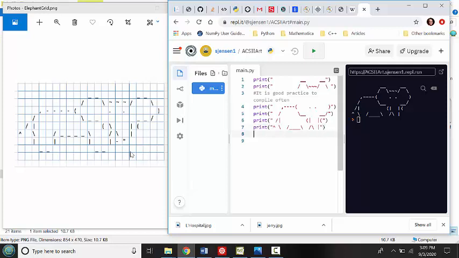So one thing we could do for this line is we could put in our double quotes for the string literal that we want to print in this line. We do 2 spaces, a vertical line, 2 spaces, vertical line, 4 spaces, vertical line, a dash,